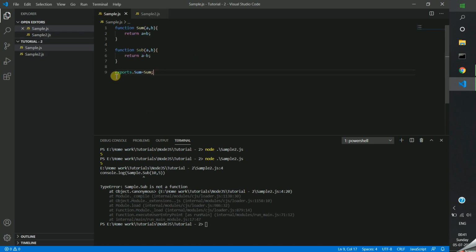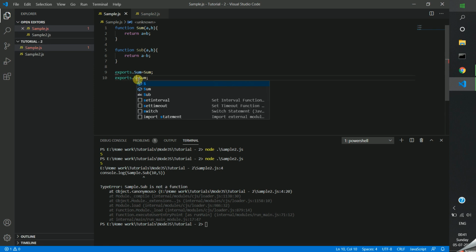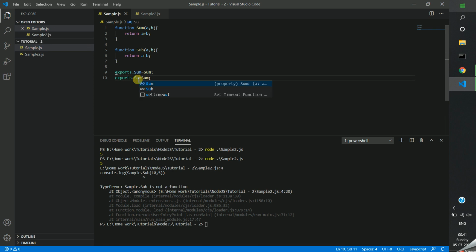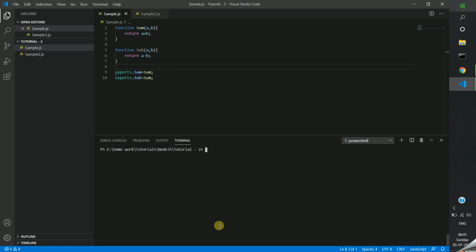How can we export it? The same thing. We can give another one. This is called a key or property. We can give any name, but the same name is the only one we can use to access it in the other file. Oh, I exported. Let me try now.